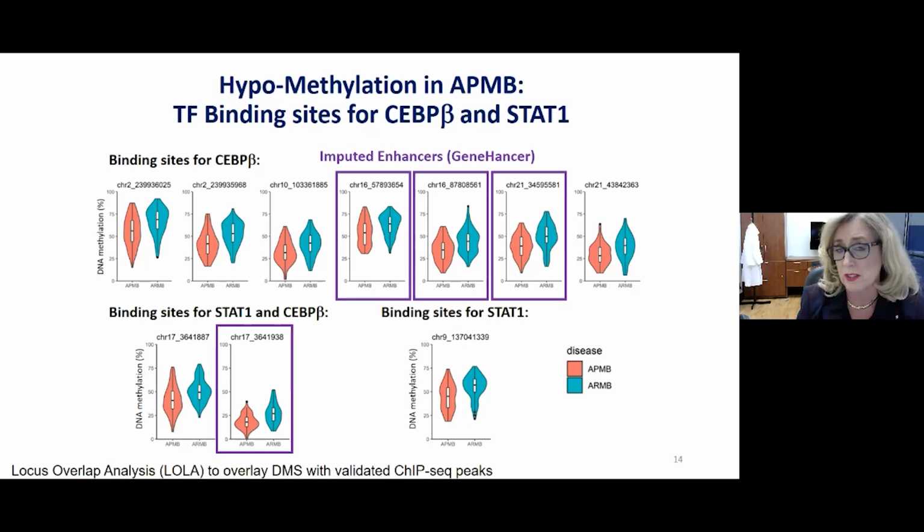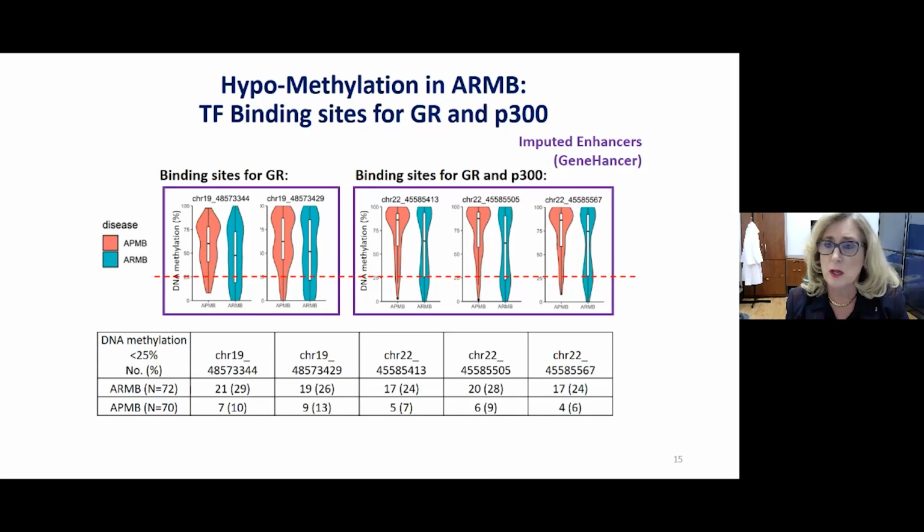So hypomethylation was increased in persistent infection for these imputed transcription factor binding sites for CEBP beta. We also found binding sites for STAT1, again another important transcription factor regulating Th1 responses. In the next slide, please, we found hypomethylated sites in resolving infection, and these were binding sites for